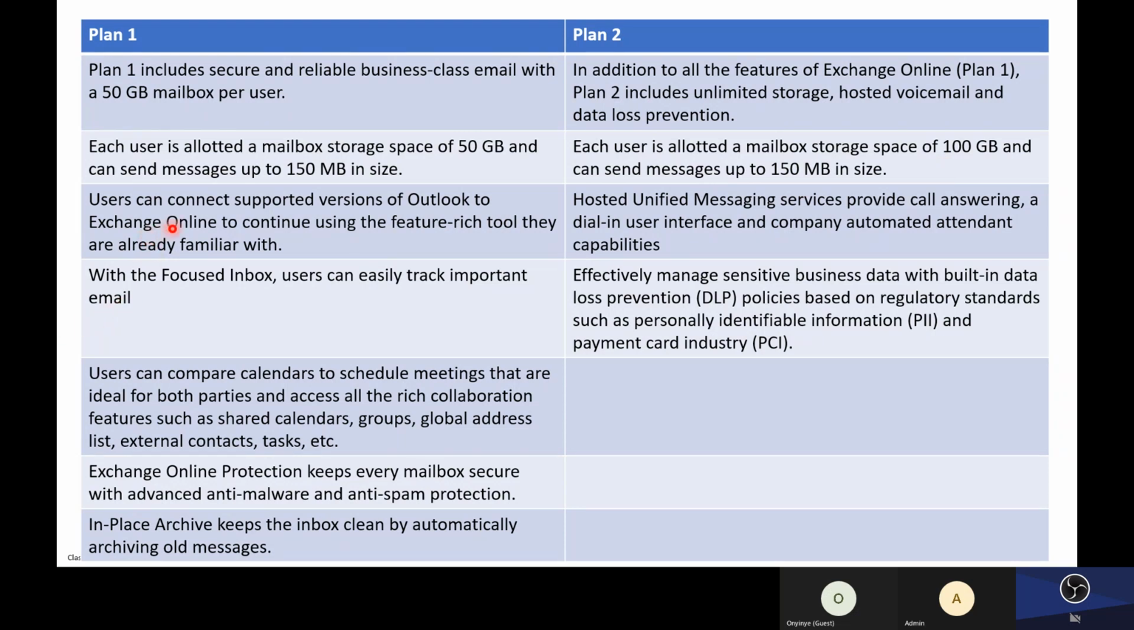For plan 1, users can connect using a supported version of Outlook. Every one of us knows that if you want to connect to your Exchange Online, you can use Outlook, or you can connect through your browser or even your mobile device. Preferably, do not use anything less than Outlook 2016. What works best is Outlook 2019, because right now,